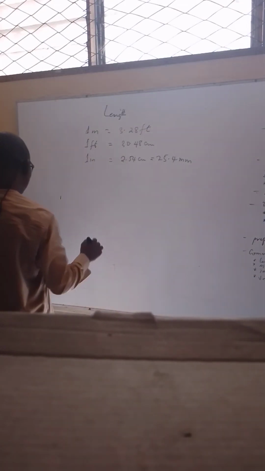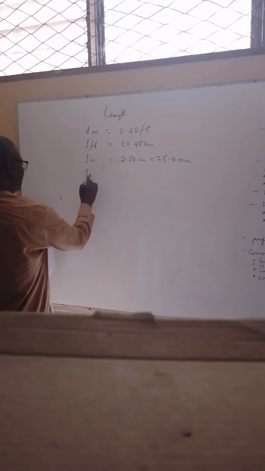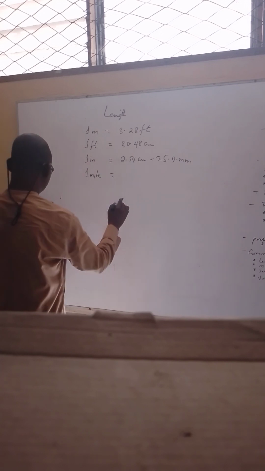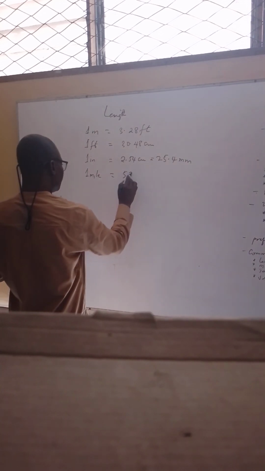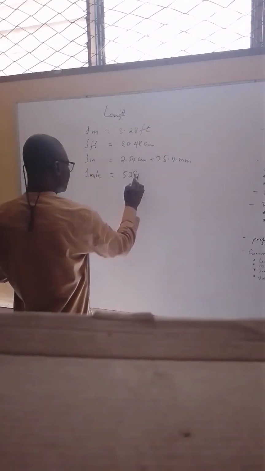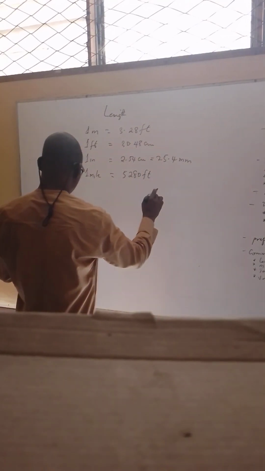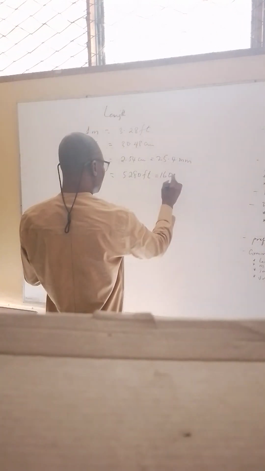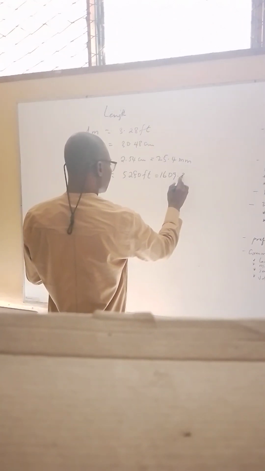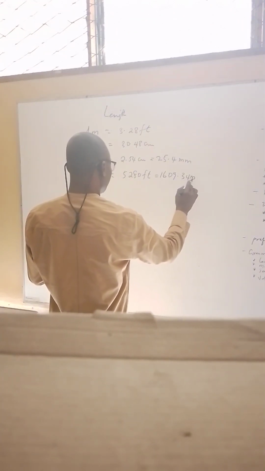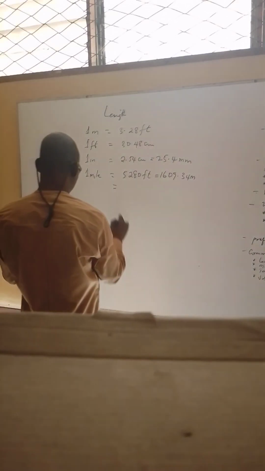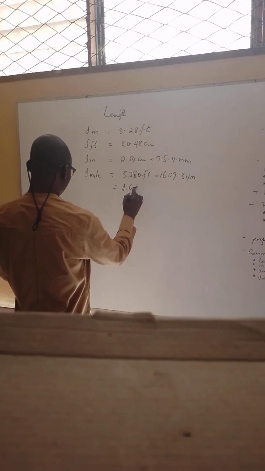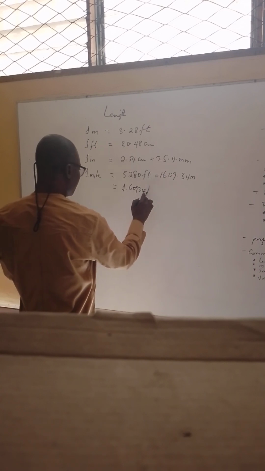And then 1 mile equals 5280 feet, which is equal to 1609.34 meter, and still equal to 1.60934 kilometer,